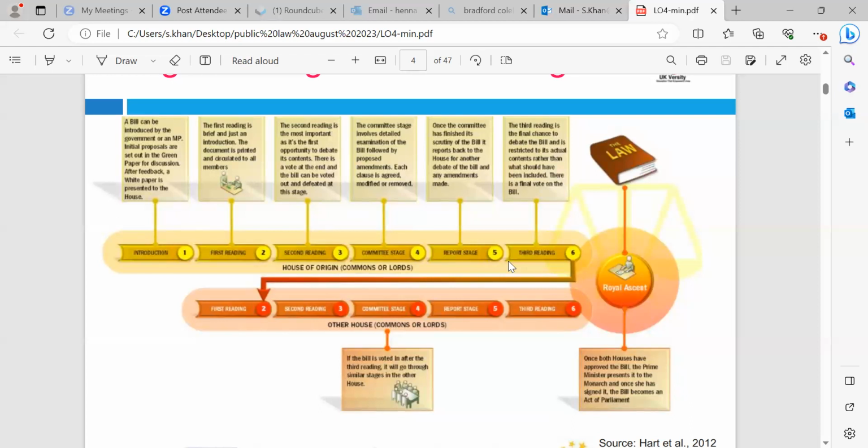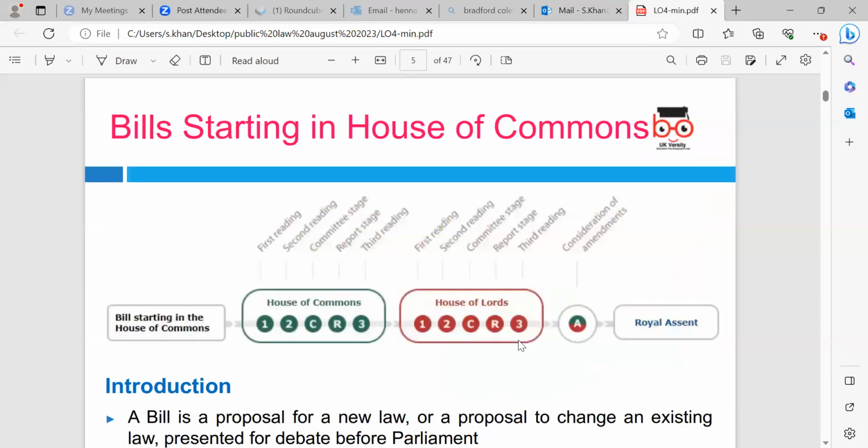It is a good process to have. The reason is that a bill will not become a law until it's scrutinized. Scrutinized means all the MPs, the House of Commons and House of Lords, scrutinize the bill to make sure that what they've put in the bill becomes an act of parliament, and they need to make sure everything is right. If there are any amendments or changes that need to be made, it's so good because it goes through so many people, so each person can scrutinize it. It's sometimes a lengthy process, but a good process.